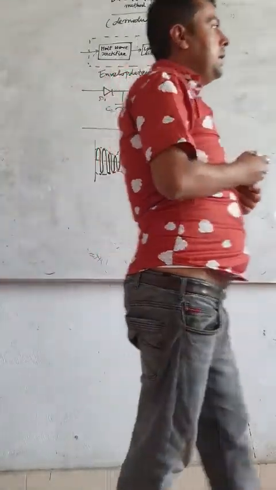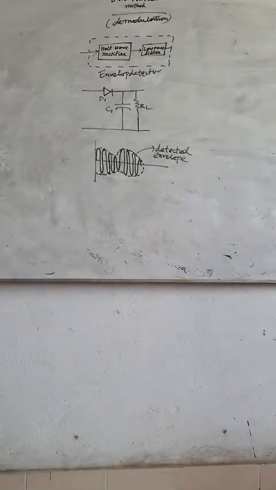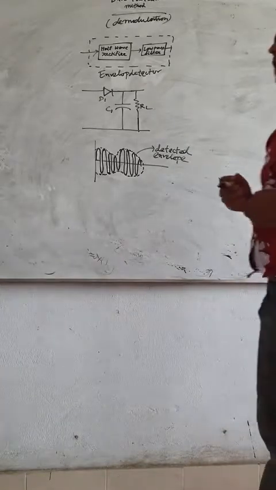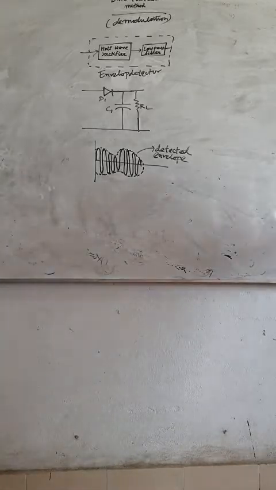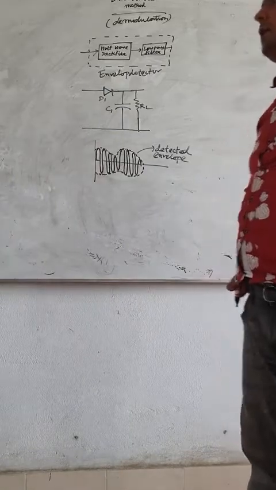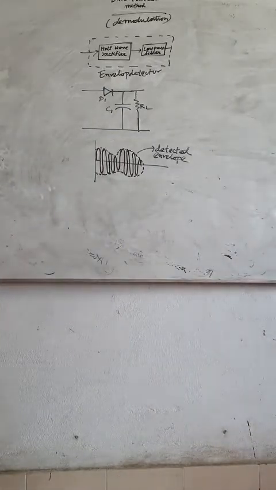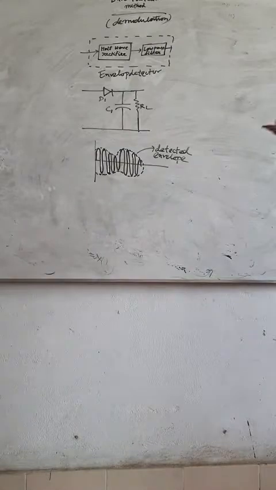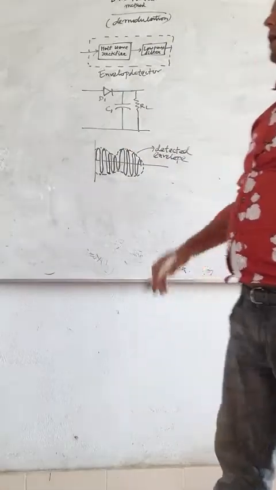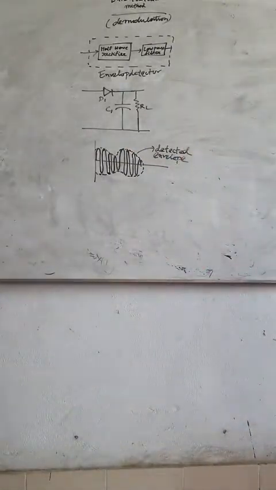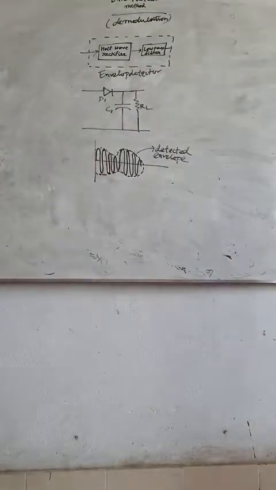In the first case we will learn the synchronous detection method. The carrier which you used during modulation, the same carrier with the same frequency will be used at the time of demodulation. Both the carriers, the one used in modulation and the one used through the multiplier, have the same frequency and both are cosine carriers. That process is called the synchronous detection method.